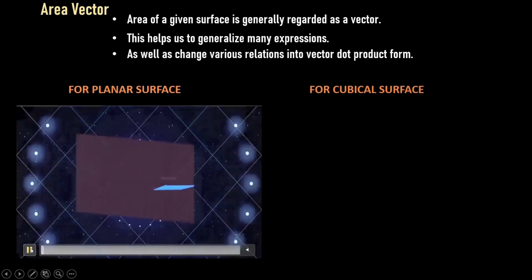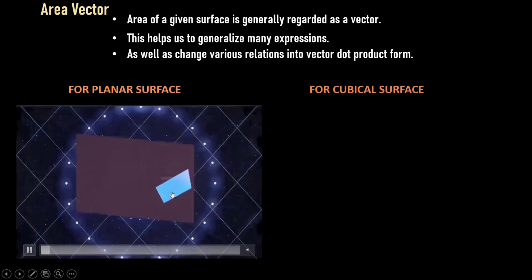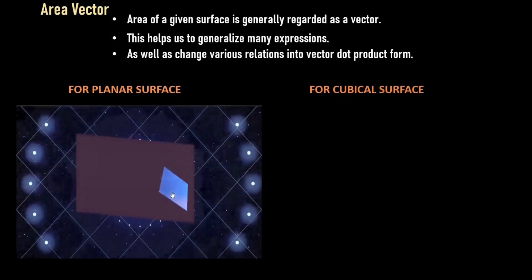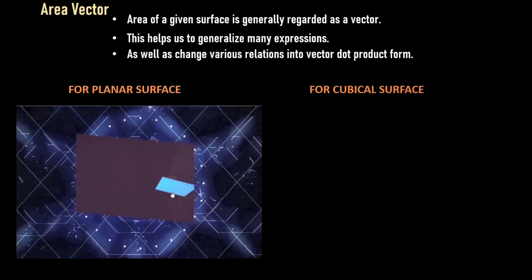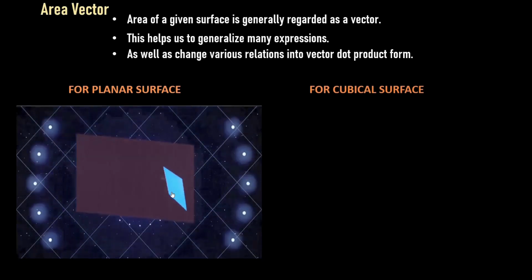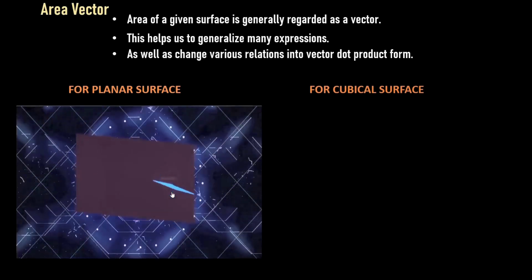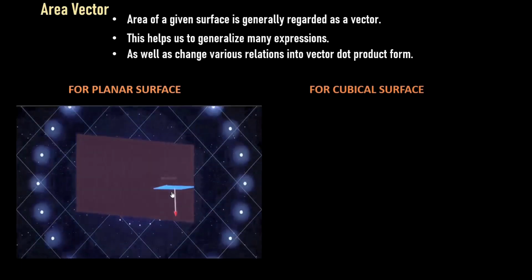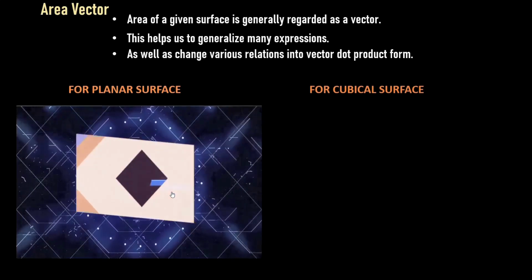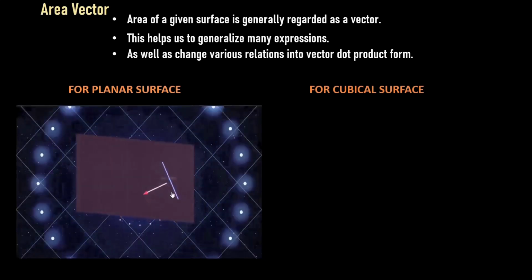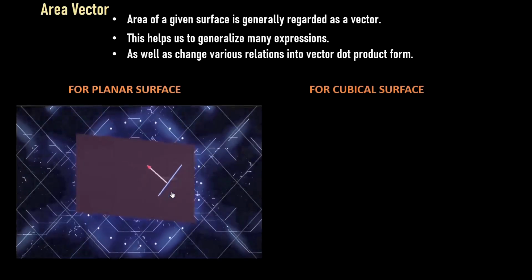Here you all can see that we are having a planar surface, which is a two-dimensional figure having just a magnitude of its surface area. So it is a scalar quantity. But sometimes we need to represent this to have a concept of orientation, that is, we have to assign particular direction to it for a particular position of its orientation. And how we can achieve that? This we can do by drawing a normal vector to the given surface which is always pointing in an outward